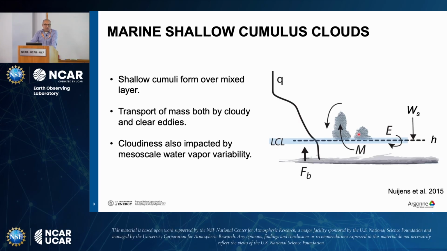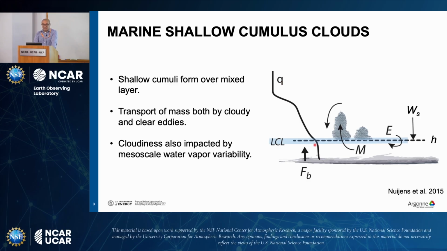So how do these clouds work? This is a nice simple schematic from Louis and Nuance's paper from 2015. It's an overview paper that came out some time ago, but it pretty nicely summarizes how these clouds work. So we have an ocean below, which is slightly warmer than the air above it. And that sets up this transport of mass, momentum, and heat and moisture from the surface up. So you have surface buoyancy generation, FB in this case. And you generate the buoyancy that sets up the turbulent eddies, and you have this formation of this mixed layer in this case. Shown here are profiles of water vapor mixing ratio, which is Q.